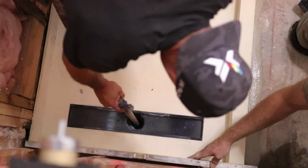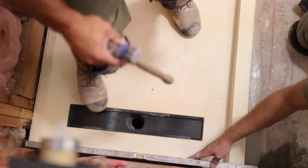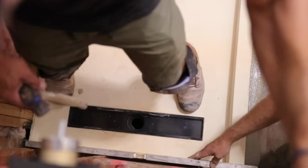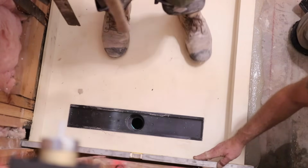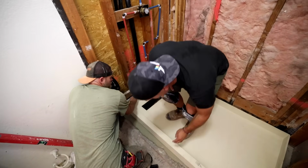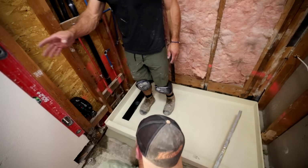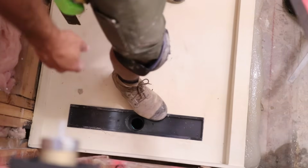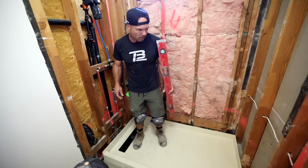There it is. It finally went in. Nice. Okay, we're level on that side. You're on the... 4-foot level. Whew. That was a shimmy, getting all the mud out. We're up a quarter inch over here. Okay, yeah, so